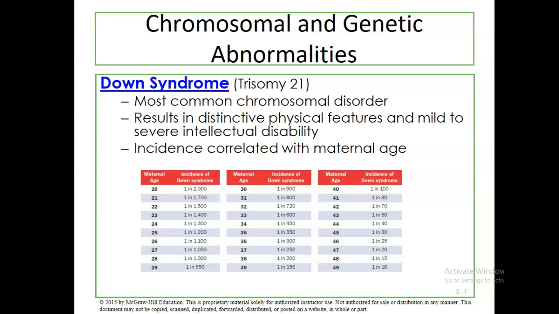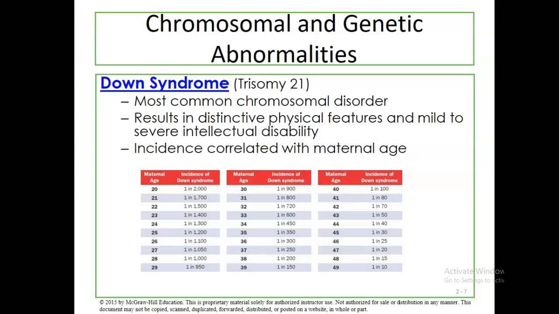They typically have smaller hands, and this also results in mild to severe intellectual disability. So it's important to understand that individuals with Down syndrome, their symptoms are going to vary greatly. They're all unique individuals. Some of them have severe intellectual disability and some of them do not. Those that have higher levels of intellectual or cognitive functioning, we refer to those individuals as high functioning individuals. These individuals are more likely to be able to gain employment or go to college or finish their regular education.